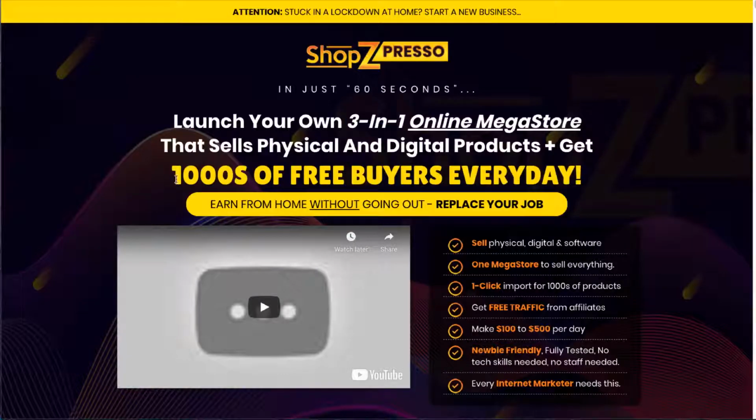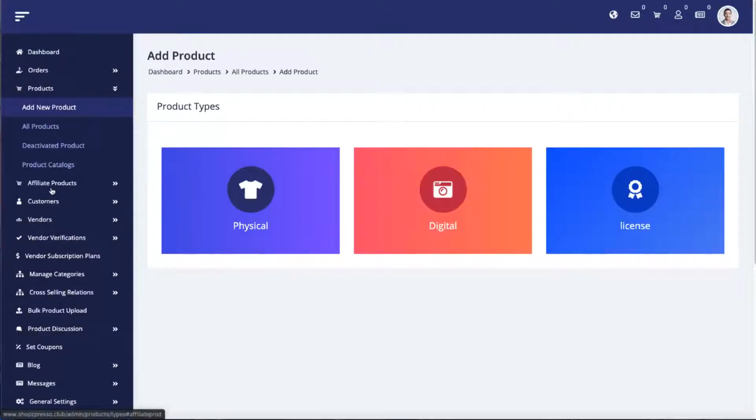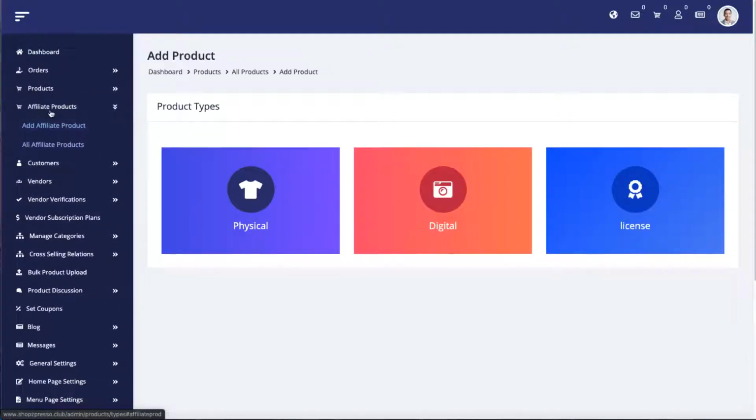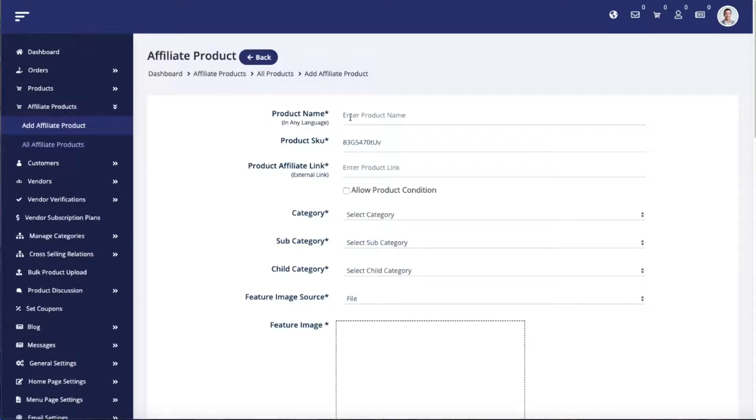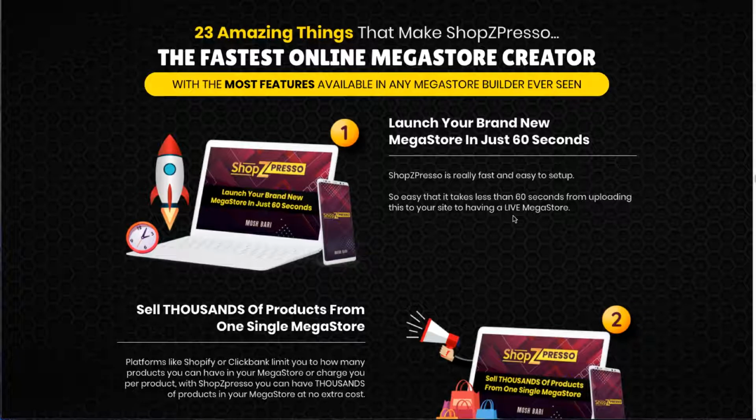It says thousands of free buyers every day because it has its own affiliate program. So you can add products for affiliates, add affiliate product, and you can add your product that affiliates can promote with their affiliate link. Now let me quickly show you a couple of the most important features among that 23